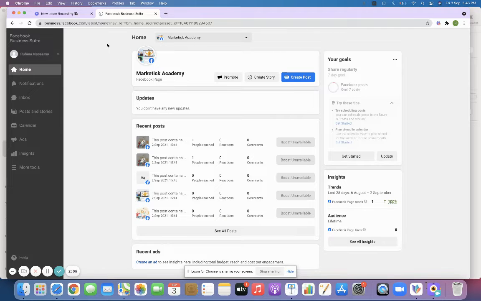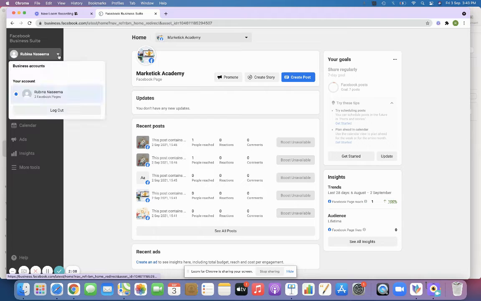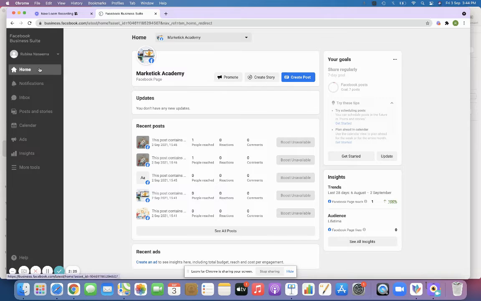If you have created four pages in your one Facebook account, then those four pages will be reflected over here. And when you click Home, you'll be able to see a dashboard, something like this.